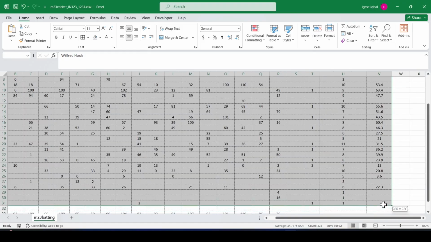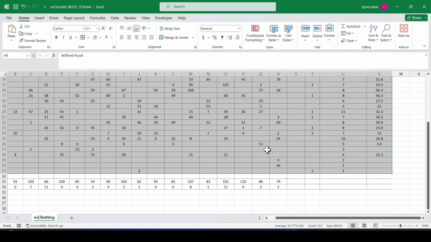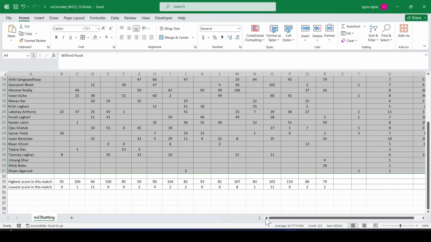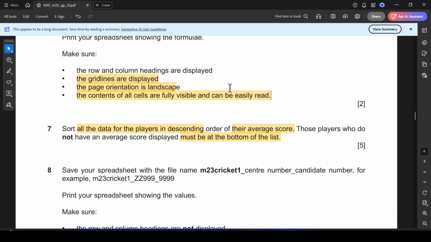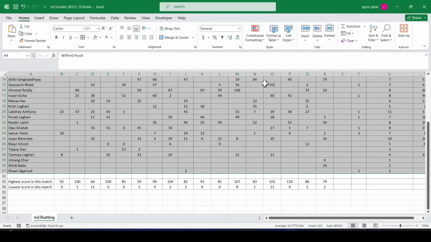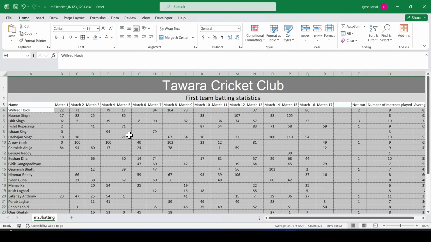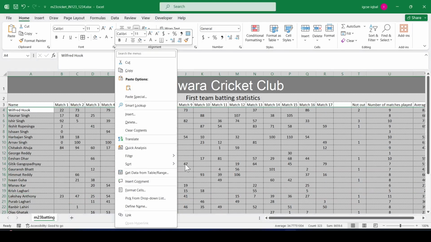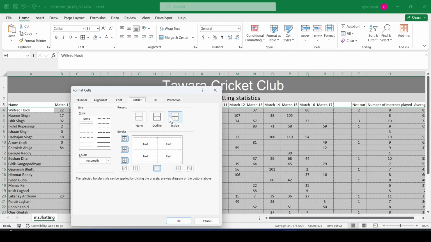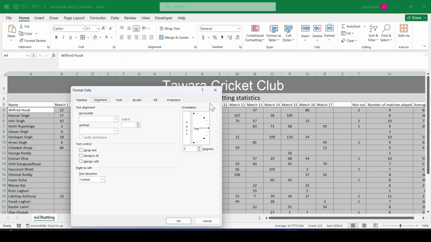Okay, till here. All player data we selected, and this data should be sorted. So what we are going to do here, right click, format the cell. Okay, and then